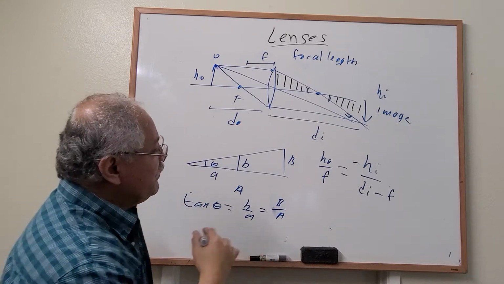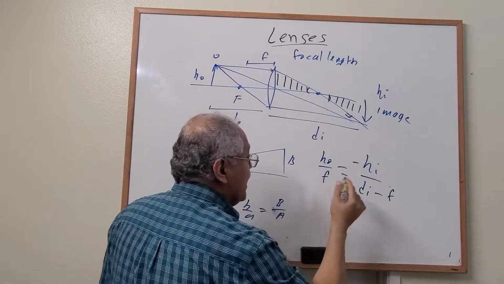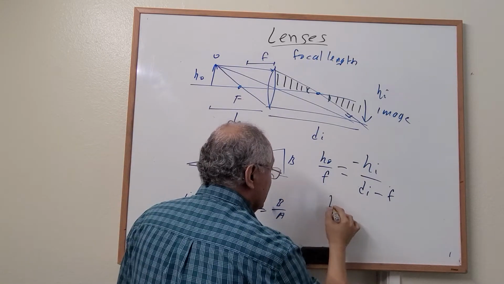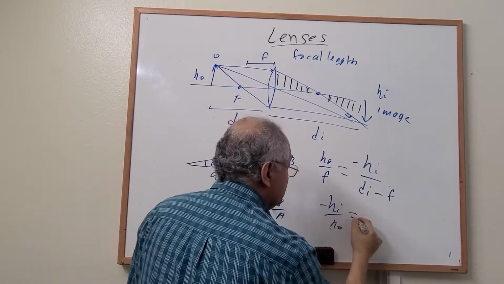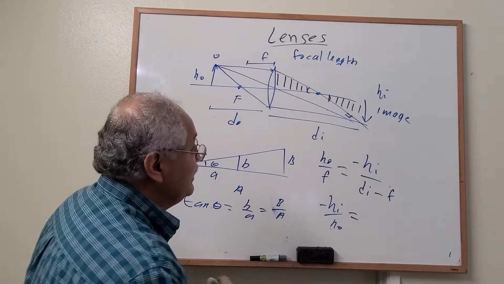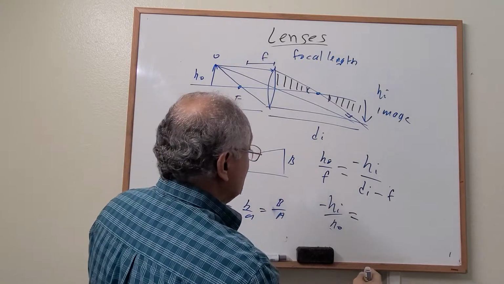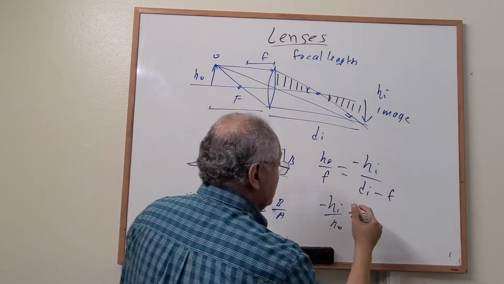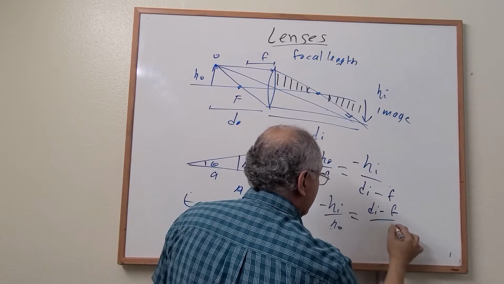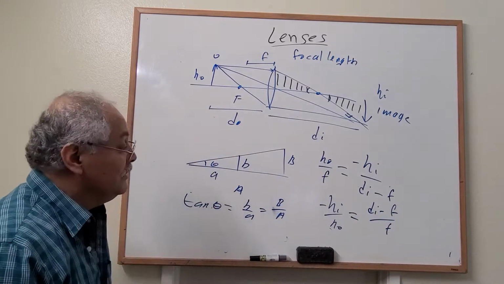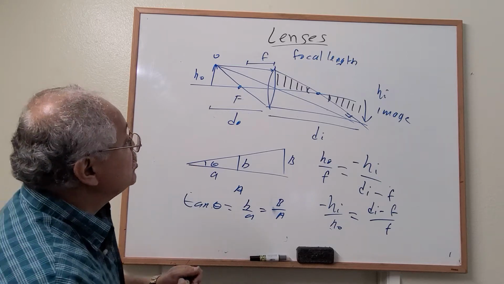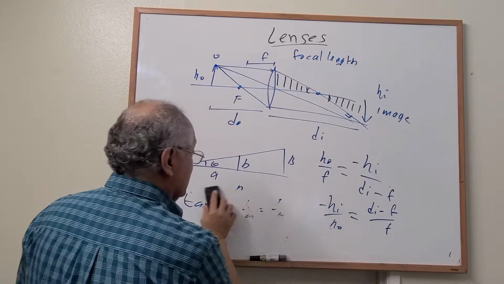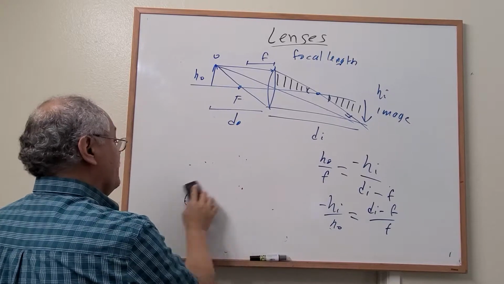Perfect. Now let's arrange this in this way. Look, we can say that HI over HO is negative, equal to, just use cross multiply, VI minus F over F, correct? Okay, perfect. Now let's go to another triangle. Let's find another triangle